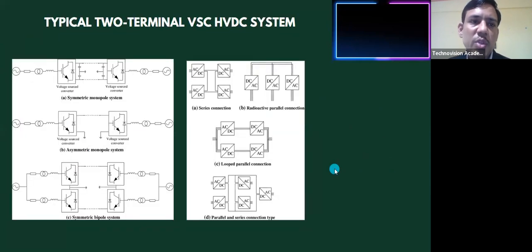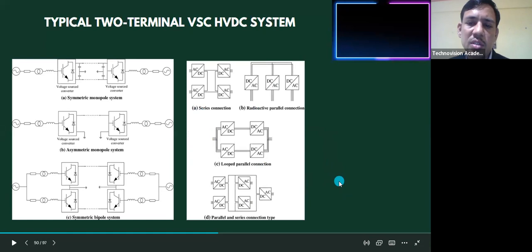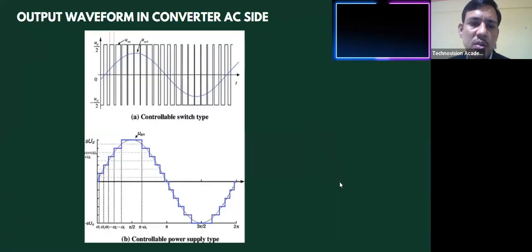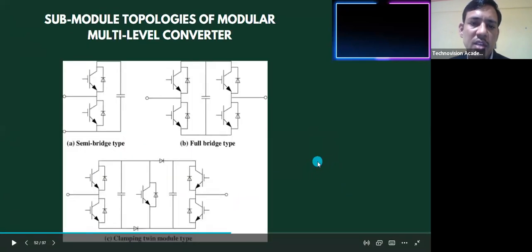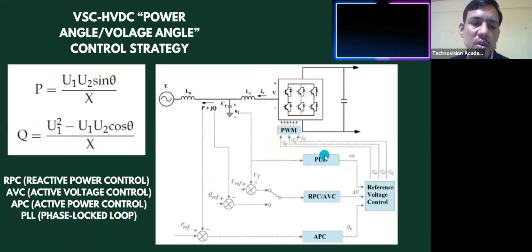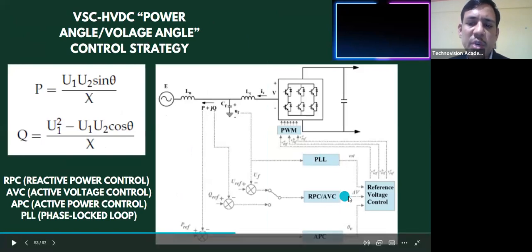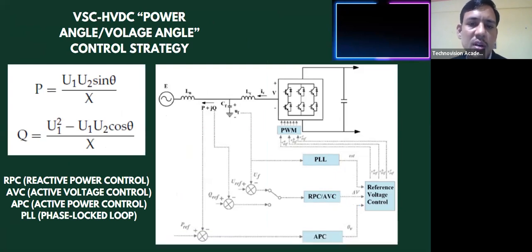So these are some of the terminal VSC HVDC different possible combinations of the terminals. How, by using the PWM technique, we can achieve a perfect AC output. And these are different topologies. Then, especially this portion I have included for the academic people, and this is especially how to control